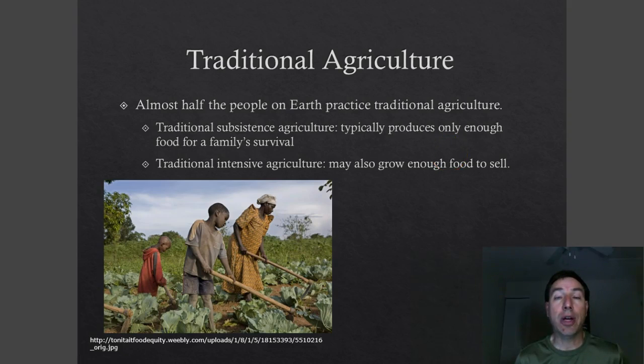Now, there are different types of agriculture out there. One of the first is traditional agriculture. This is when agriculture first started. You still see this in developing countries, but traditional agriculture is where you have a family and they have a small farm plot next to their house and they farm enough food just to feed themselves. They use rudimentary tools like axes or these hoes right here that they're using to farm their little plot of land. They also spend a lot of time with children out in the fields. Child labor is very important in these instances. So this is traditional subsistence agriculture, and it produces usually only enough food for the family.